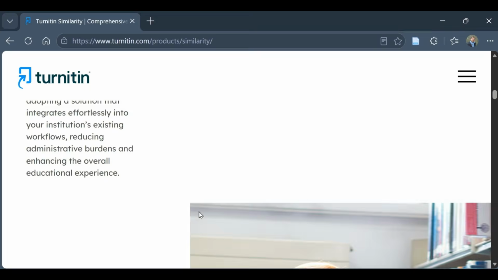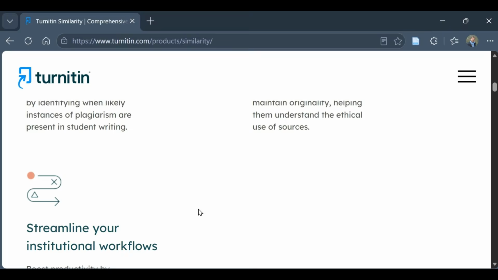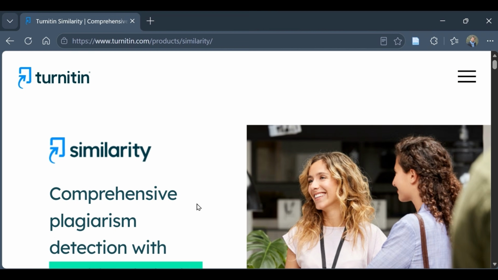Even if you have written everything yourself, this extra step can help identify accidental similarities and give you greater confidence before submission. I hope this video has helped you understand that good scientific writing isn't about changing a few words or asking AI to rewrite a paragraph. It's about understanding the paper, learning from multiple studies, and expressing the ideas naturally in your own scientific language. It may seem time taking, but it is worth it. And remember, the more research papers you read, the better your academic writing will become over time.